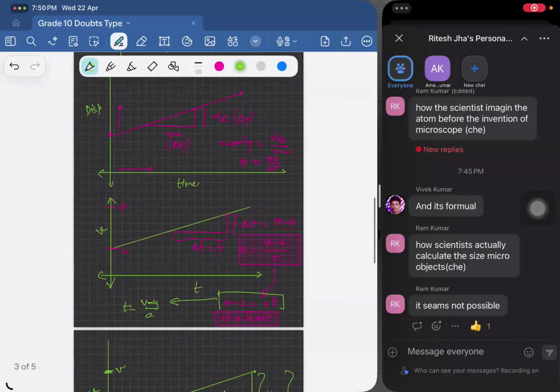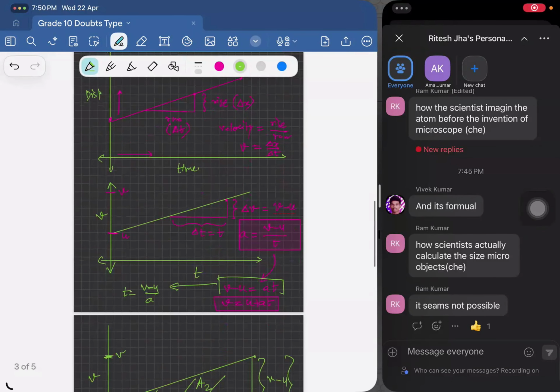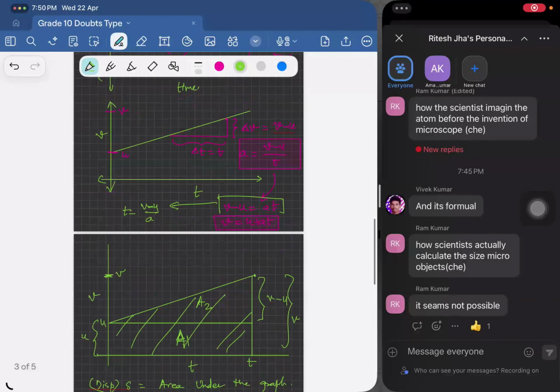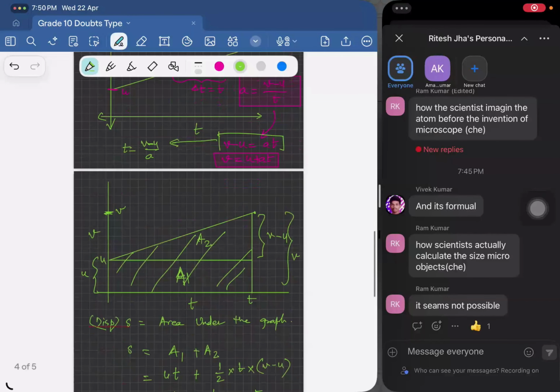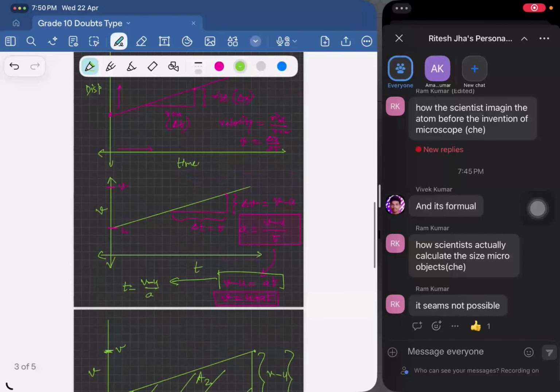with simple use of the graphs, isn't it? So you know what is displacement, you know what is velocity, you know what is acceleration, and with the help of the graphs, you know how to determine the velocity when you're given a displacement versus time graph, how to determine the acceleration when you're given the velocity versus time graph, how to determine the displacement when you're given a velocity versus time graph. So I have covered a lot of concepts along with getting the equations of motion. You get it, right? Easy stuff, isn't it?